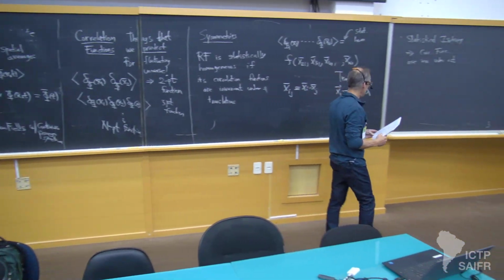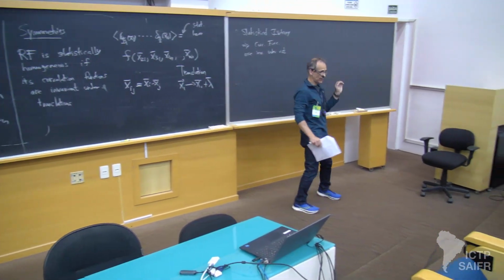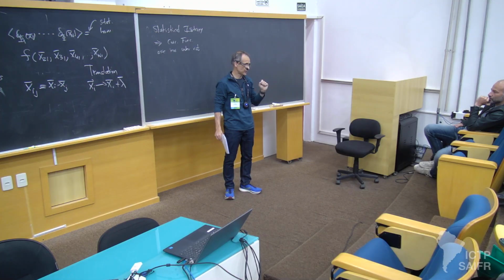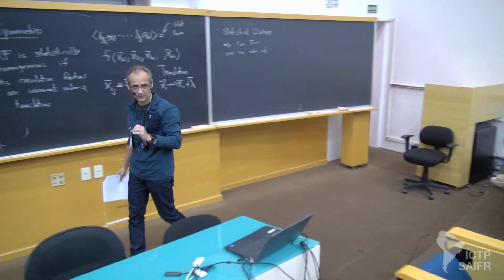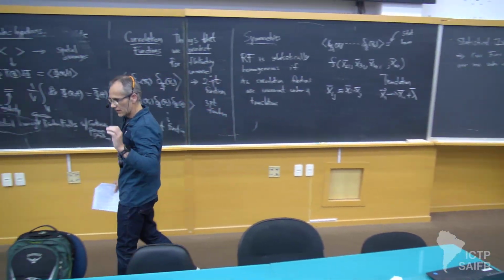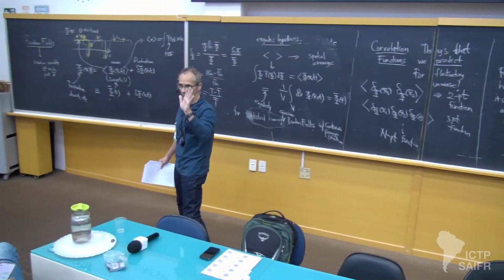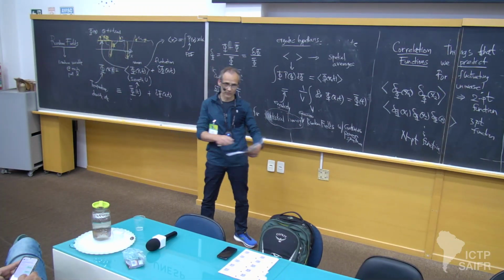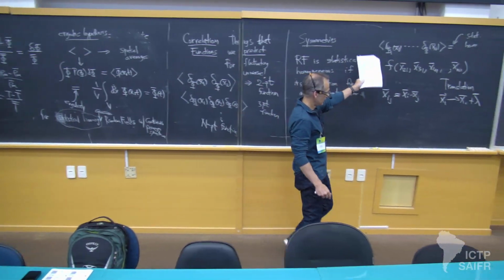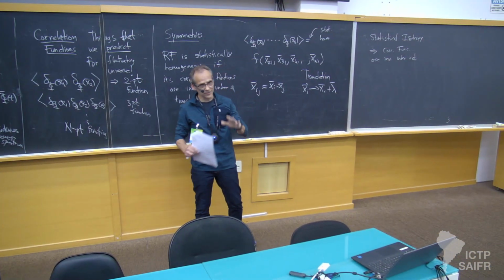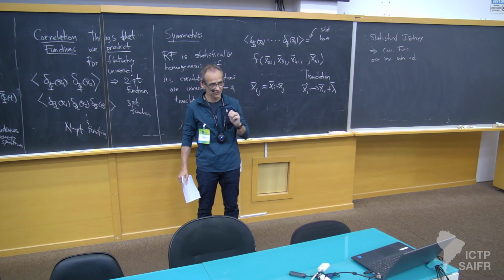So this is something that, again, you can test observationally. So far, we have no evidence that there are deviations of statistical isotropy and statistical homogeneity. As we'll see when we go to the very end of my last lecture, when we discuss redshift space distortions, we will see these properties may be broken just by the way we make observations. Nothing about physics. It's just our limited way in which we make observations.